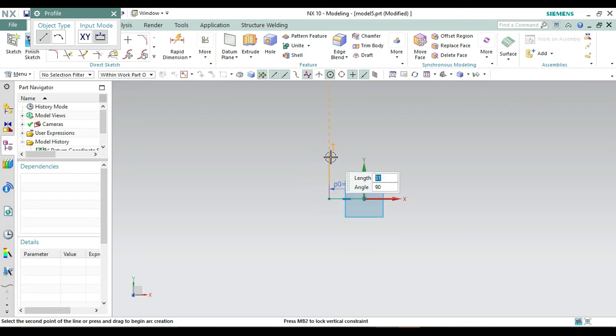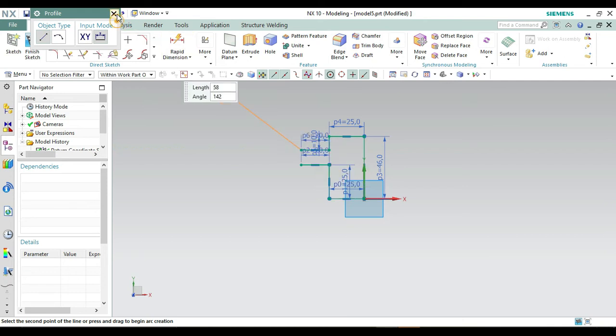origin point. Go left, the length should be 25 and the angle should be 180. Go up, the angle should be 90 and make a length of 25 from here. Again go left, the length should be 20 and the angle 180. Let's cancel it and then select this point and create a length of 46 and an angle of 90. Again go left, the angle should be 180 and make a length of 25. Go down with a length of 10 and angle 270. Go left, the angle should be 180, and again create a line of length 20.